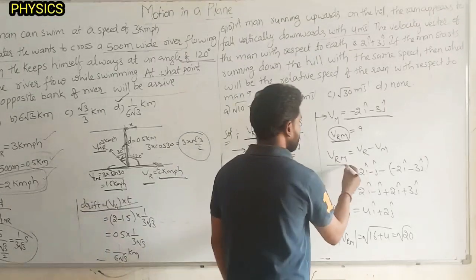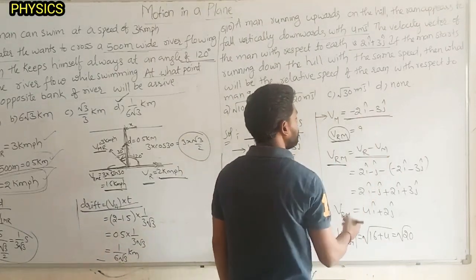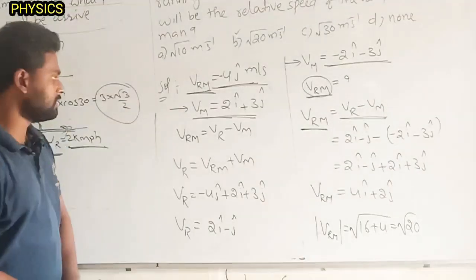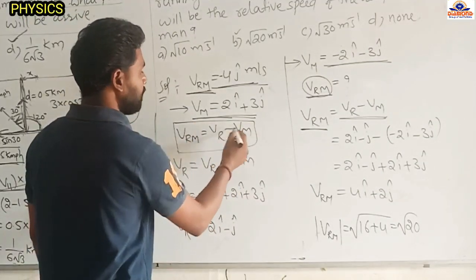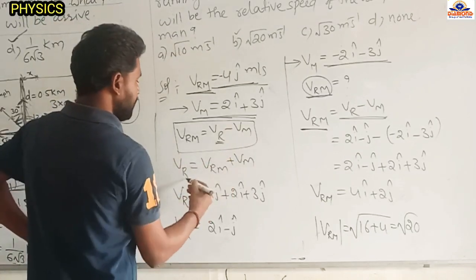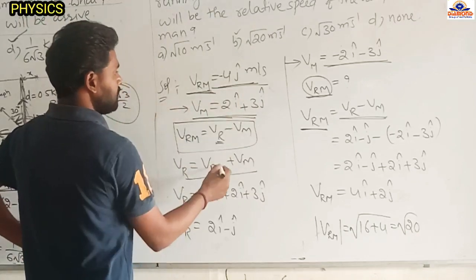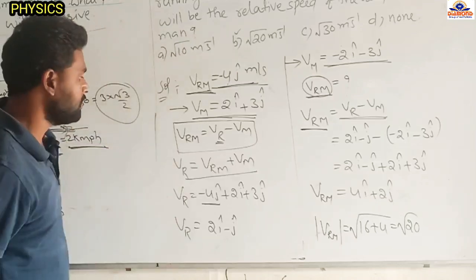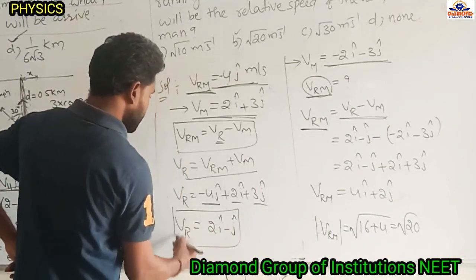So the relative velocity of the rain with respect to the man equals Vr minus Vm. The man's velocity we know, the rain's velocity we don't know. So from this data we have to find the rain's velocity. Vrm, the velocity of the rain with respect to the man, equals Vr minus Vm. The velocity of the rain equals Vrm plus Vm, sending Vm to this side it becomes plus. In the first case, Vrm is given as minus 4j, plus the velocity of the man, who is going upward initially, so 2i plus 3j. So the velocity of the rain we got is 2i cap minus j cap.